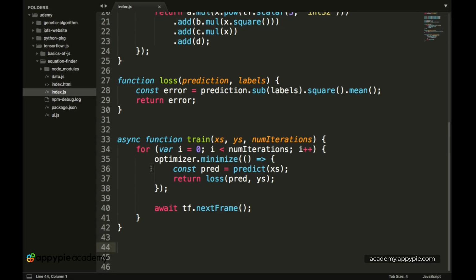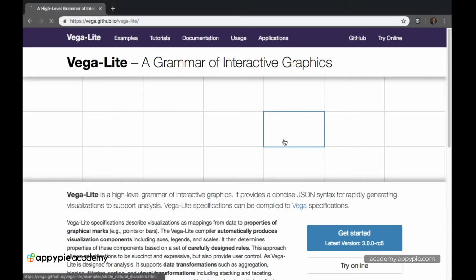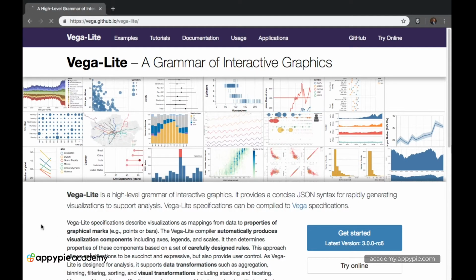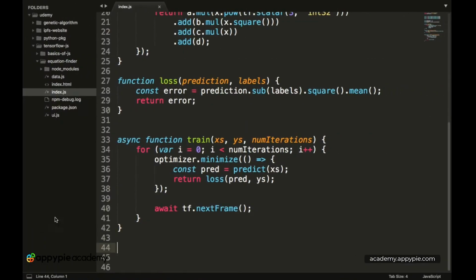That is because we want a way to display the output which we calculate by all of these methods onto an HTML page. To do that, we are going to use a package called Vega or Vega Lite. If you want to look at Vega, open vega.github.io, and from this we are going to use the Vega Lite package. This package enables us to create good HTML5 tables or graphs by passing in JSON data. And this is what we want to do over here.